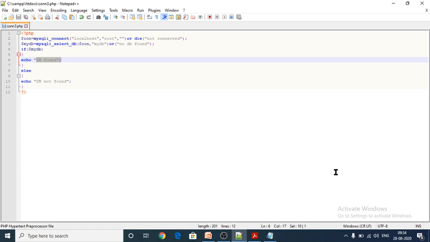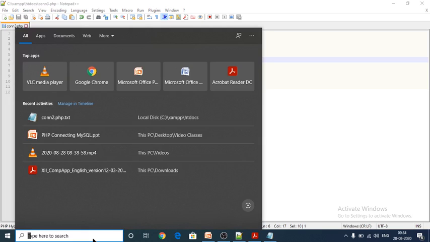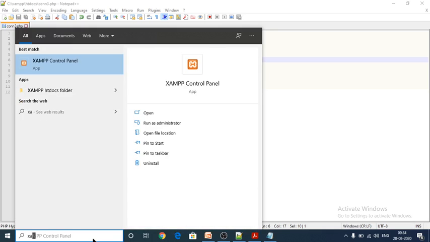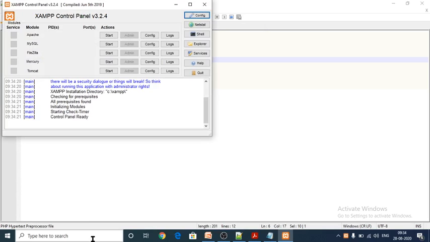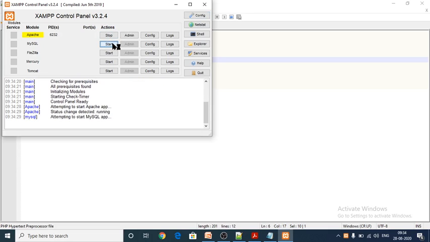So here, to run this program we need the XAMPP server in our machine. After opening the XAMPP control panel, we have to start Apache as well as MySQL, and after that you have to open admin.